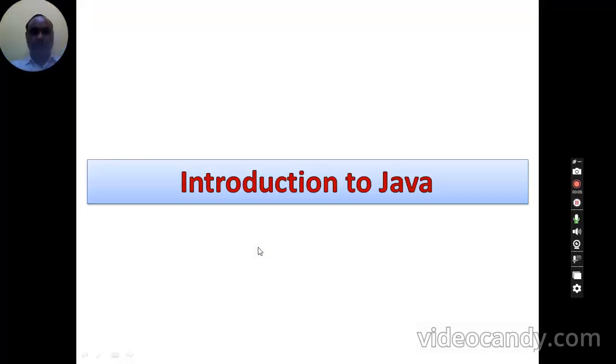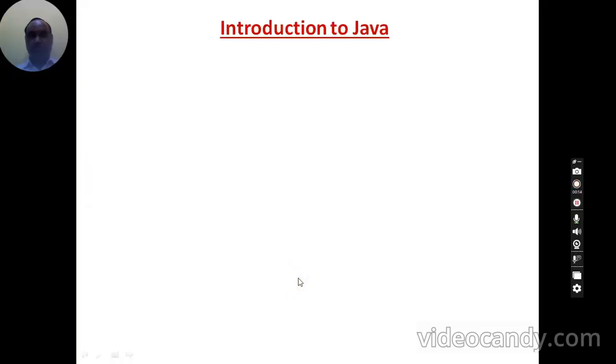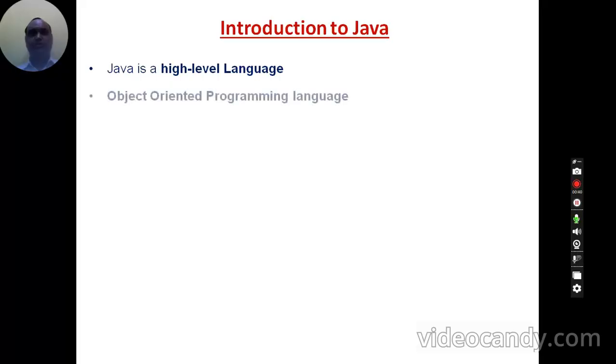Welcome to Java programming. Today we are going to discuss an introduction to Java programming. Like the C and C++ languages, Java is also a high level programming language. You may have a doubt: when there are many programming languages available like C, C++, Java, Fortran, COBOL and so on, why has the Java language come into the picture? Why was it developed? So we are going to discuss the history and the evolution behind the development of the Java language.